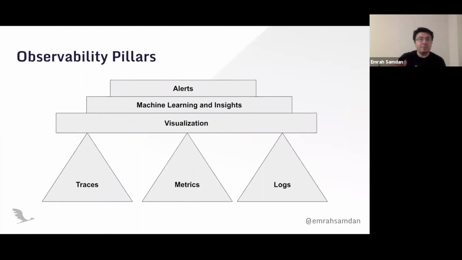For observability, the 3 main pillars are traces, metrics, and logs. Logs and metrics are something we are more used to having. Logs are just the print statements in your application, which you can take out as a log. For metrics, you can look at CPU-level or memory metrics of your functions. There are also some other specialized metrics for serverless that I'm coming to in a few minutes.